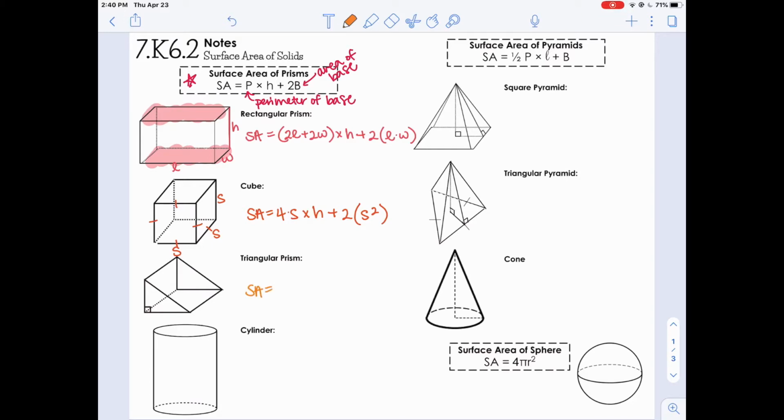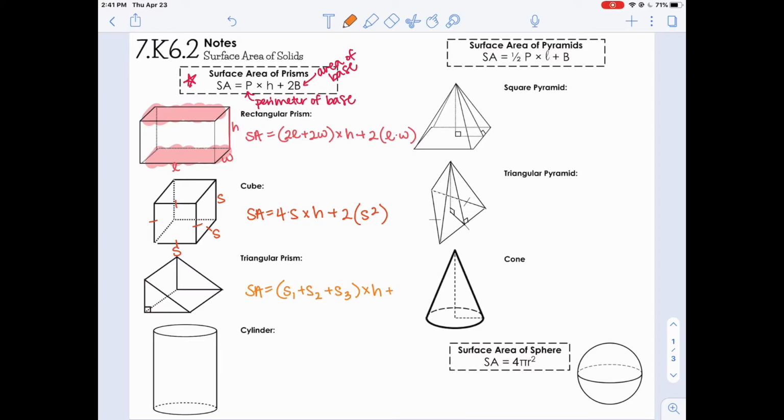Again, finding the perimeter of our base. So for a triangle, to find the perimeter, we need to add up all the sides. So side 1 plus side 2 plus side 3. Whether it's a right triangle, whether it's equilateral or not, this will work. And then we're multiplying that by the height. And then we're going to add